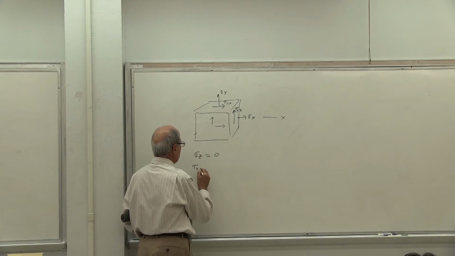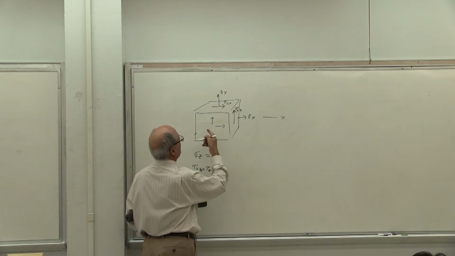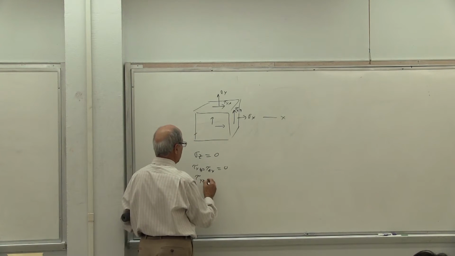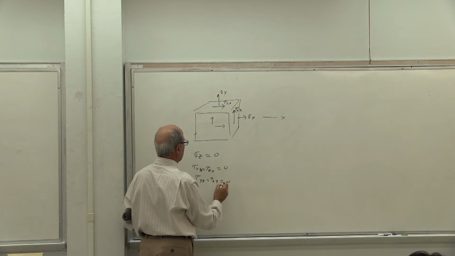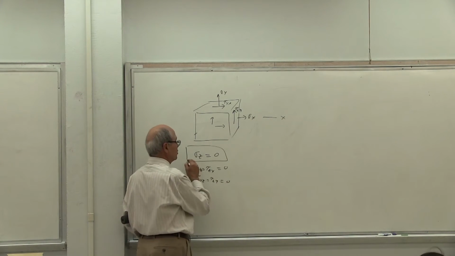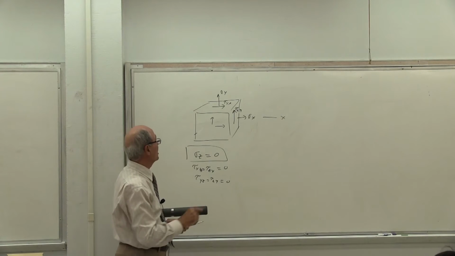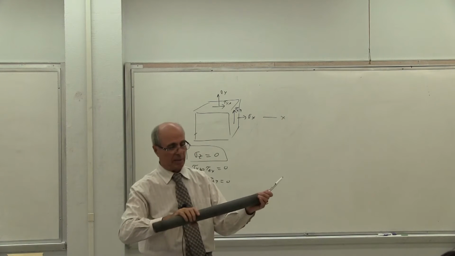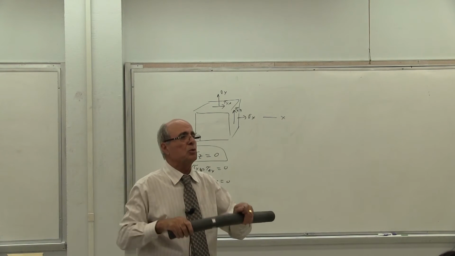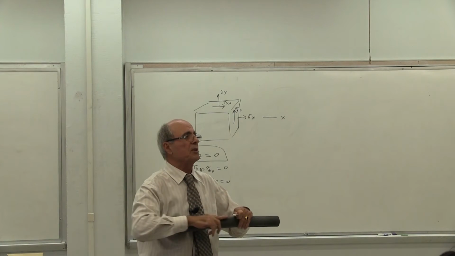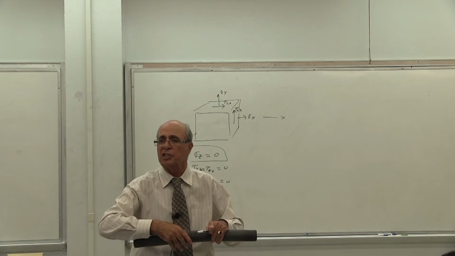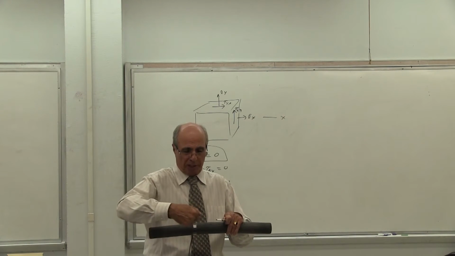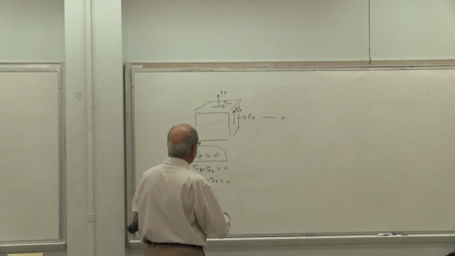Everything we learned in ME 218 and 219 now applies. In other words, you have in plane, you have out of plane. All those formulas are applicable, except anytime you see a tau, it changes to gamma over 2. For example, if I want to draw the Mohr circle for this one, epsilon average, which is the center of the circle, becomes equal to epsilon x plus epsilon y divided by 2. I write 2 of them, not the rest. Then R equals what? This is all in the book. You have to repeat that. Again, everything is repeated except one small change. Anytime there was a tau, change it to gamma over 2.